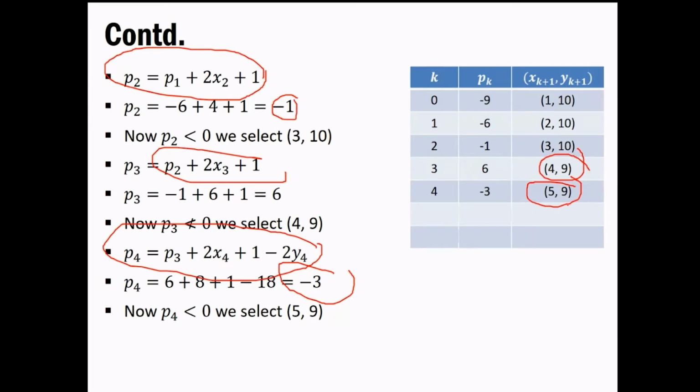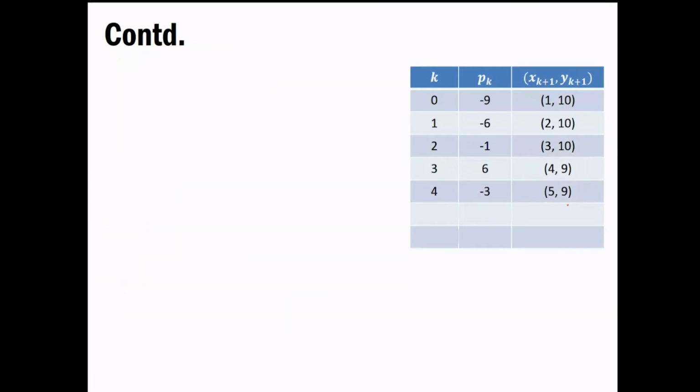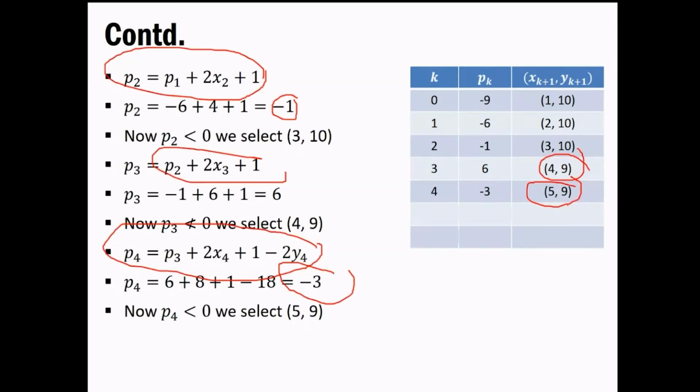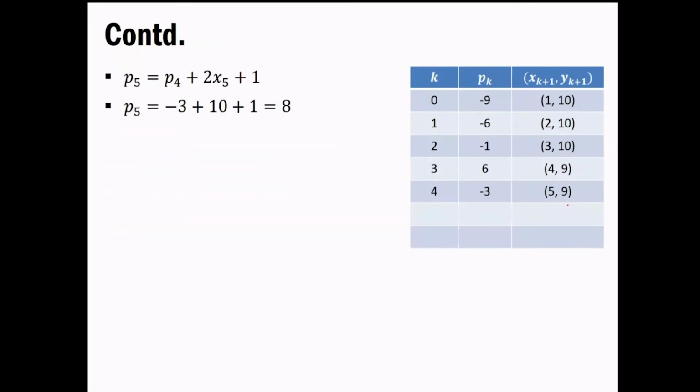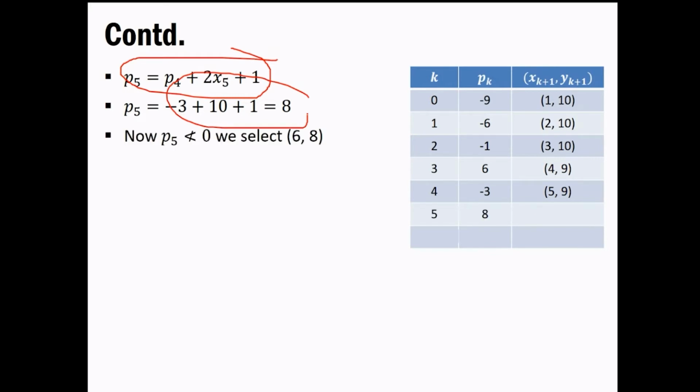Now you have to check for the remaining thing. The -3 is there, so by 9. Now again you follow the older equation, that is for the condition less than 0, so we put it in and get the value of p5. Now it is a positive value, greater than 0. What if it is greater than 0? Then we have to increment the x value as well as decrement the y value.